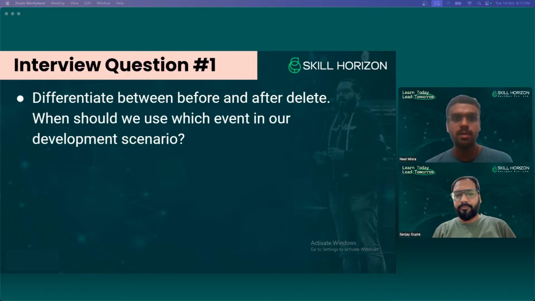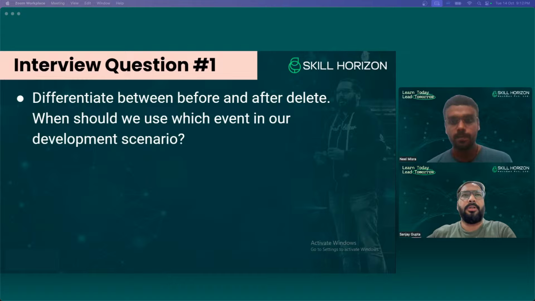In business scenarios where we have to be sure about performing the logic after the record is deleted, we will use after delete, because in the case of before delete there can be validation rules, etc., that can stop the deletion of the records. So if we are making changes on the basis of the deletion, then we'll use after delete. Otherwise, we'll use before delete.